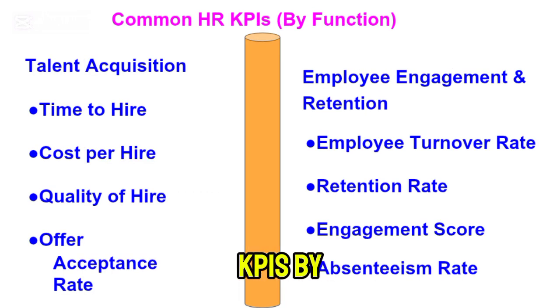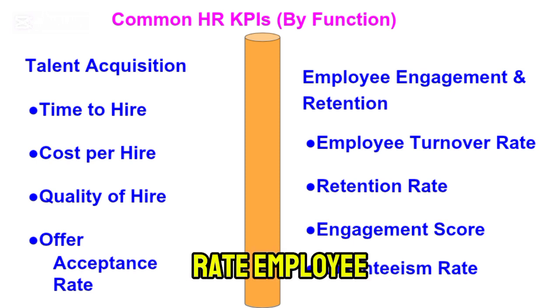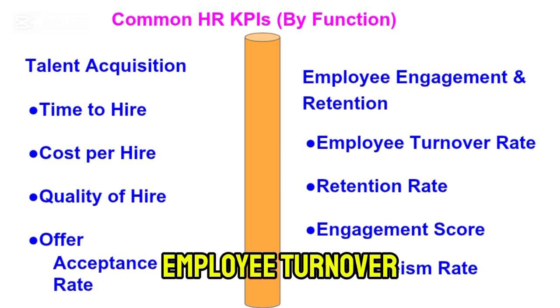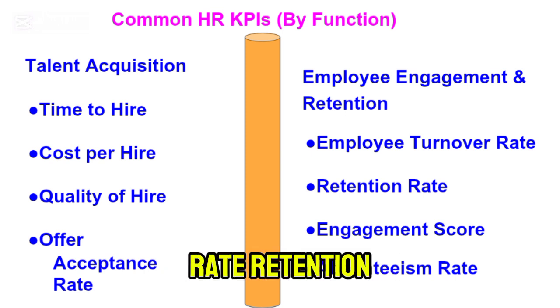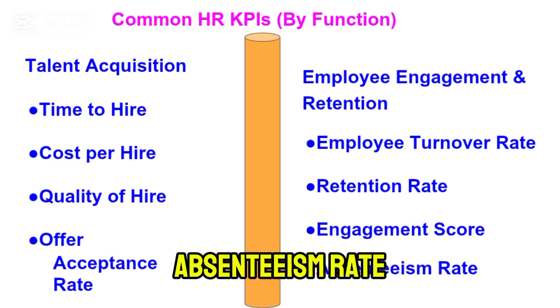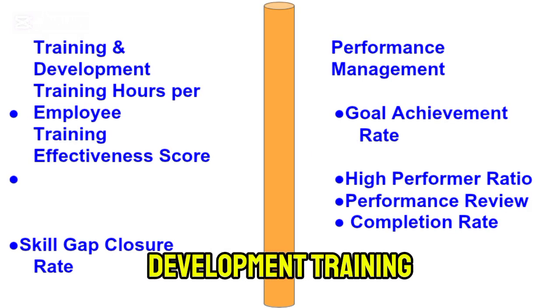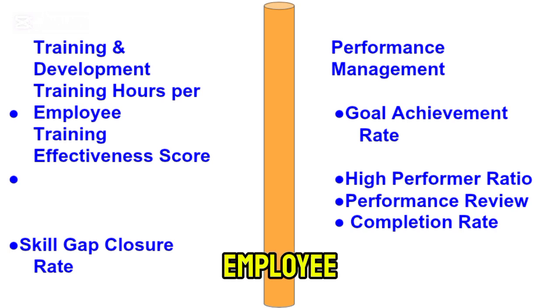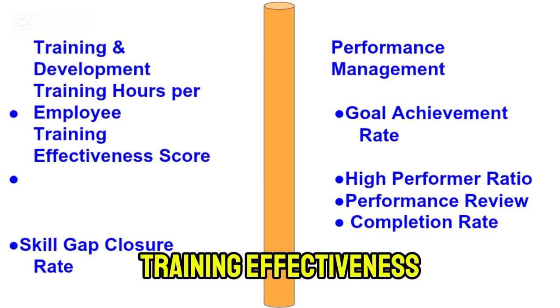Common HR KPIs, by function. Talent acquisition: time to hire, cost per hire, quality of hire, offer acceptance rate. Employee engagement and retention: employee turnover rate, retention rate, engagement score, absenteeism rate. Training and development: training hours per employee, training effectiveness score,